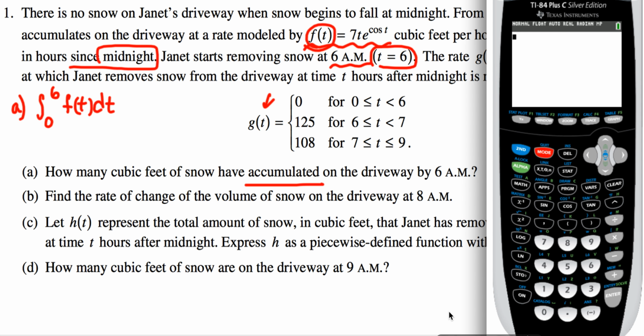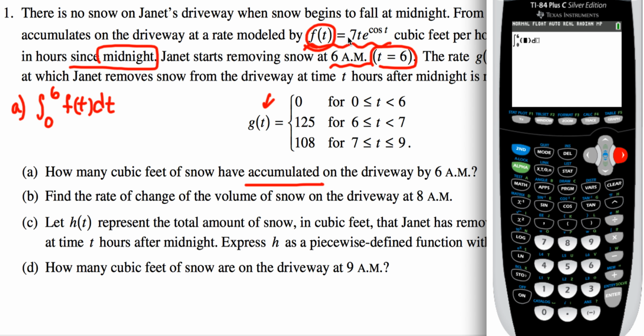Now, in our calculator, what I could have done is I'm gonna press math, number 9, and then we are going from 0 to 6,